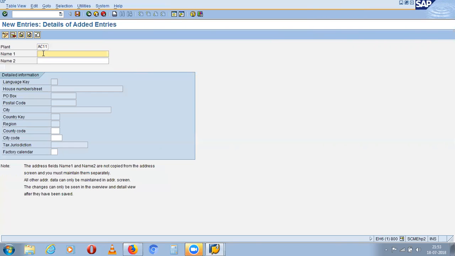Okay, AC11. Give the name of your plant. Four digits required? No, that is a description.